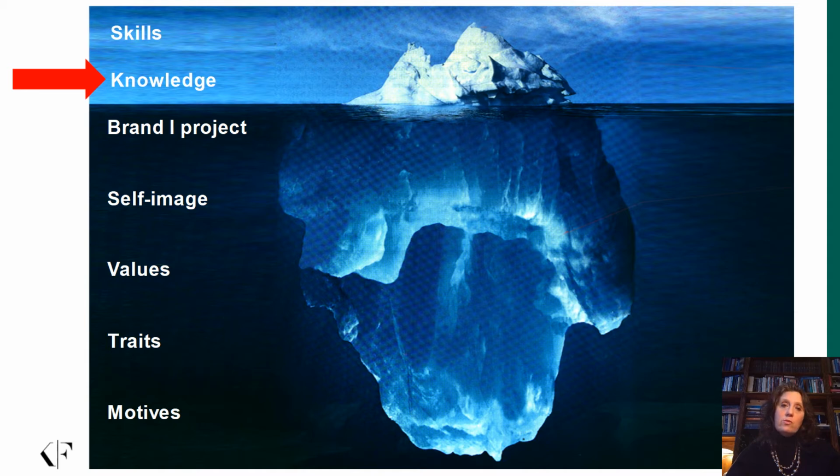As we go below the waterline, we'll get into the characteristics that are more difficult to see, and these are the things that are more personal. As we go deeper in the water, the characteristics become harder to see, and they also are more innate to a person and therefore more difficult to develop the further down you go. So let's take a look. The brand you project is the image a person projects to others, the outer self. For example, being a leader or a follower.